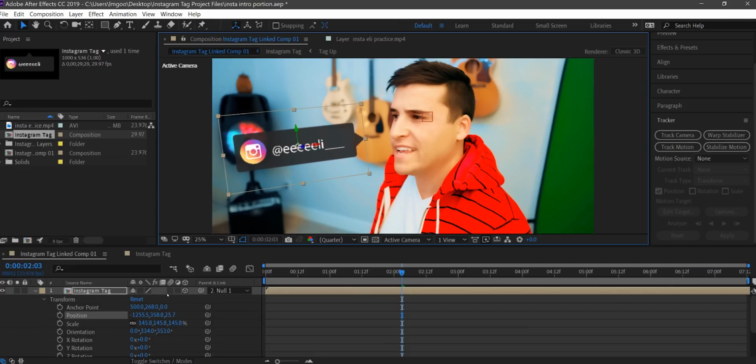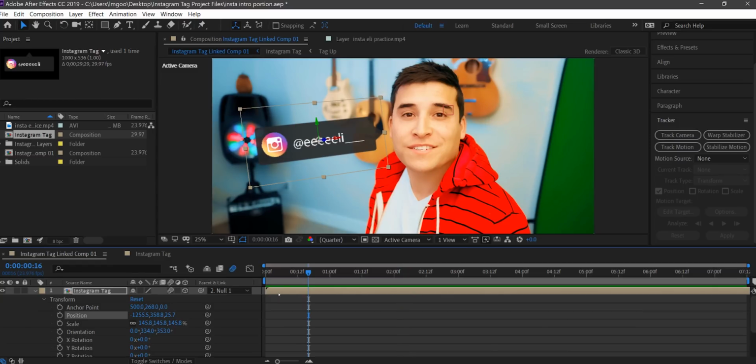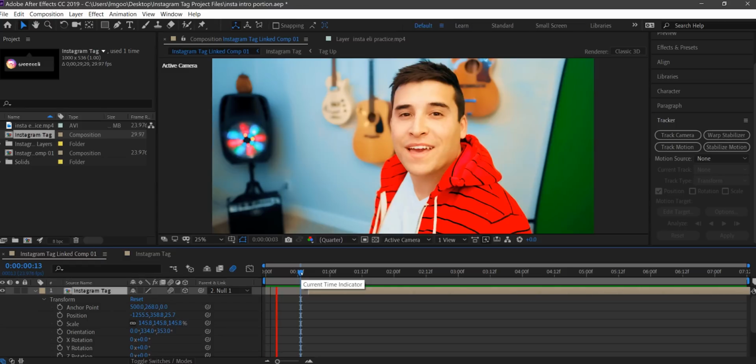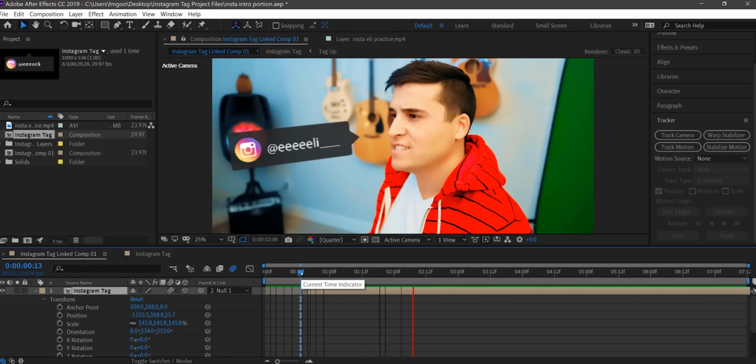Now the last part that we want to mess with is select this bouncing ball here. That'll make motion blur turned on, and we also need to turn it on in the preview window. So right about here is where we want the Instagram tag to pop up. So if we click and drag this composition over to the right, that'll trim the layer. And then if we hit zero,